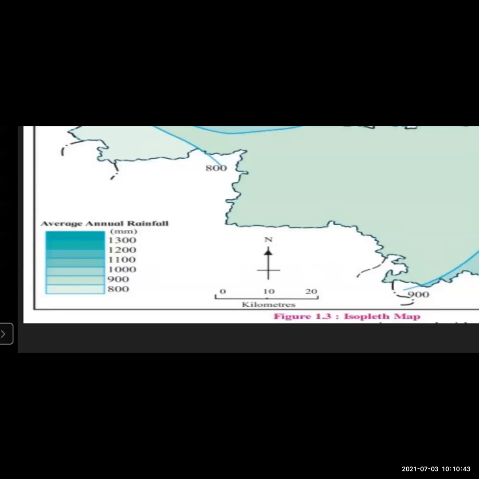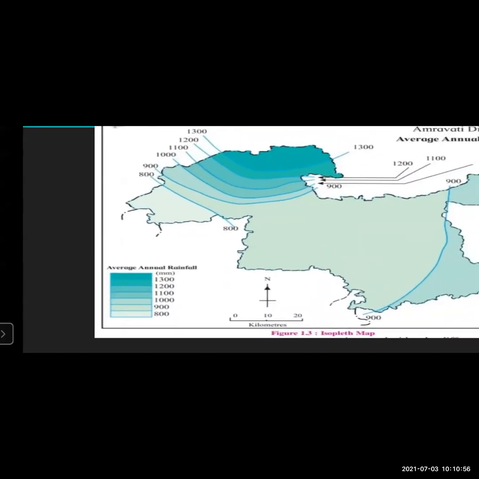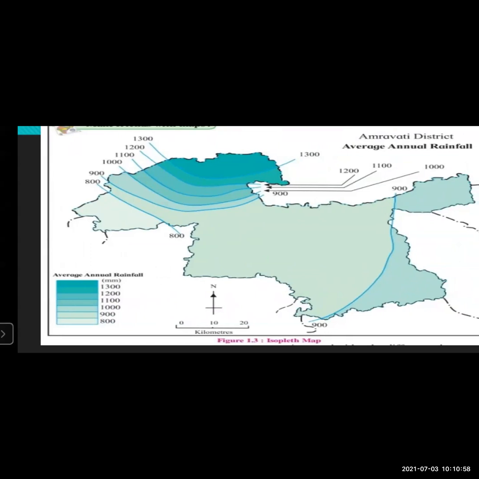Then the arrow is also there, showing direction. We have already seen how to find it. Then the kilometers are given by the linear scale. So this is done with our reading part. We have read the map, and now let's solve the exercise which is given below this particular map.